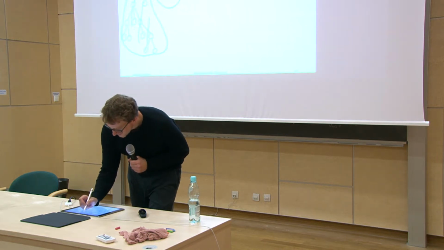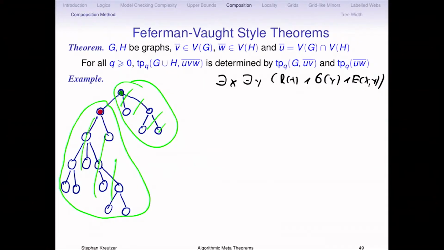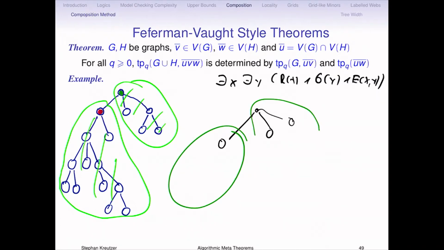Okay, so where do you need this? We have this graph, which is this tree. I'll draw it a bit quicker. And you want to take them disjointly. So let's say this is one subgraph and the other one. And if they don't overlap, or let's even say you let them overlap.